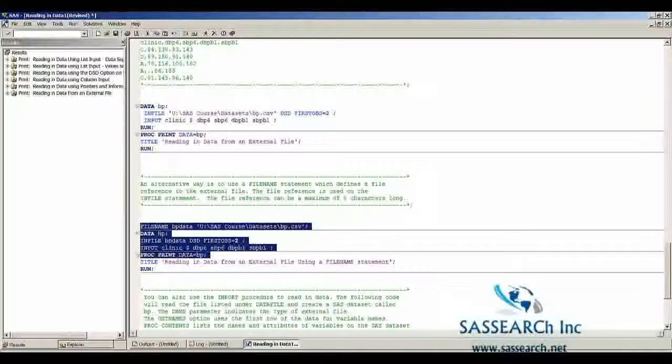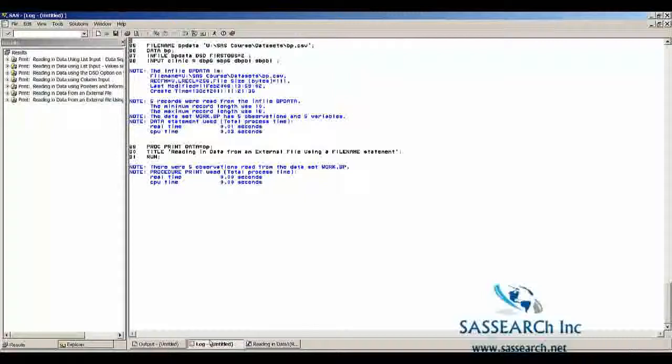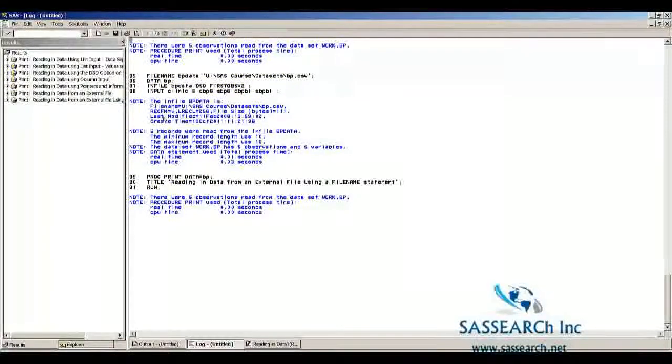So let's highlight this code and run it. And we see here again that we've read in data from an external file using a filename statement. Once again, if we were to look at our log, we see that with the filename statement we can read in our log that 5 records were read in, that the data was gotten from this path name, and that 5 observations were printed out,